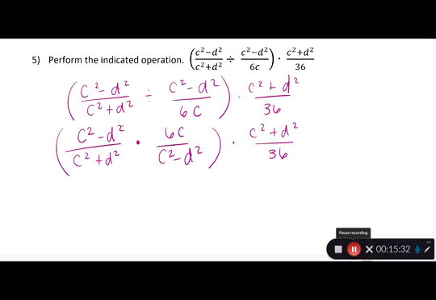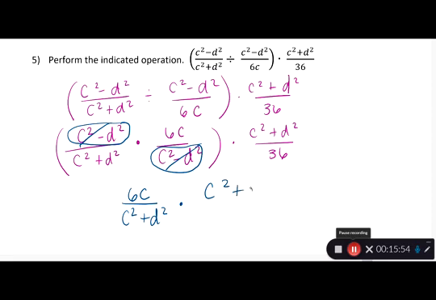So you could factor, or hopefully you see that you have a c squared minus d squared and a c squared minus d squared. So these go ahead and cancel out. C squared plus d squared is not factorable, and 6c is not factorable. So now my numerator is 6c, and my bottom is c squared plus d squared. Now I bring down my multiplication, times c squared plus d squared over 36. Here again, I have a c squared plus d squared and a c squared plus d squared, so they cancel, and I'm left with 6c over